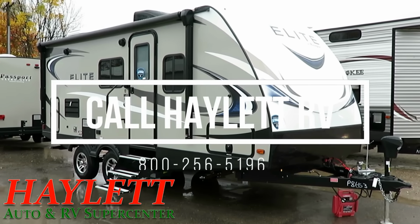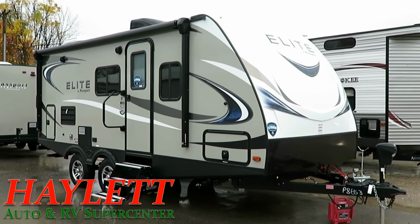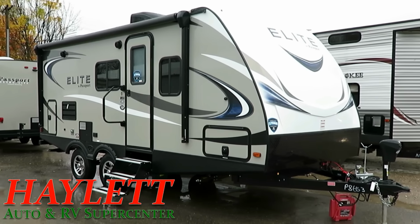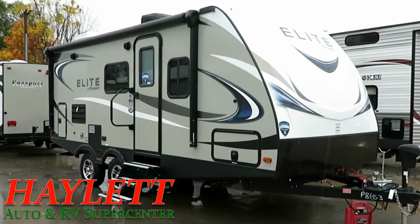Well, I've been waiting to shoot this one for a couple days now. This is a Passport 19 RV here at Haylett RV of Coldwater, Michigan. Very popular model. 4,450 pounds. It's like one of the perfect couples campers here at Haylett RV, and it's one of the reasons I like